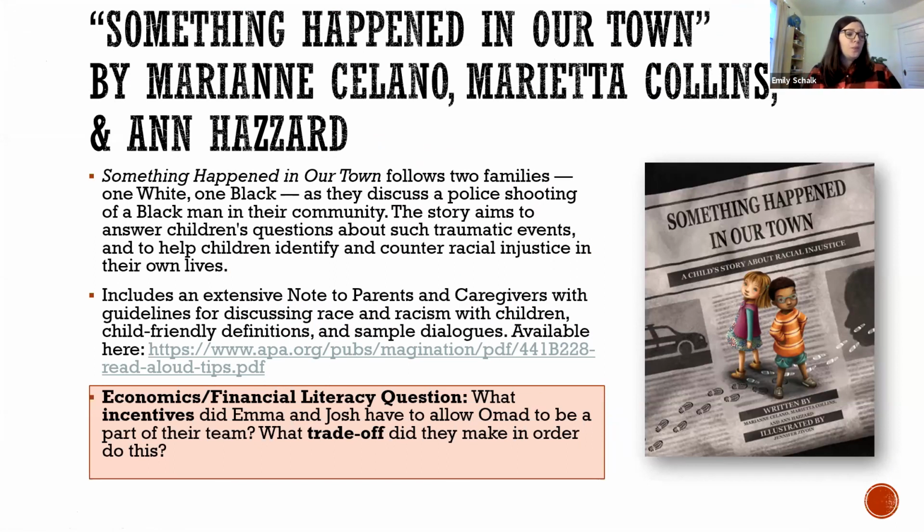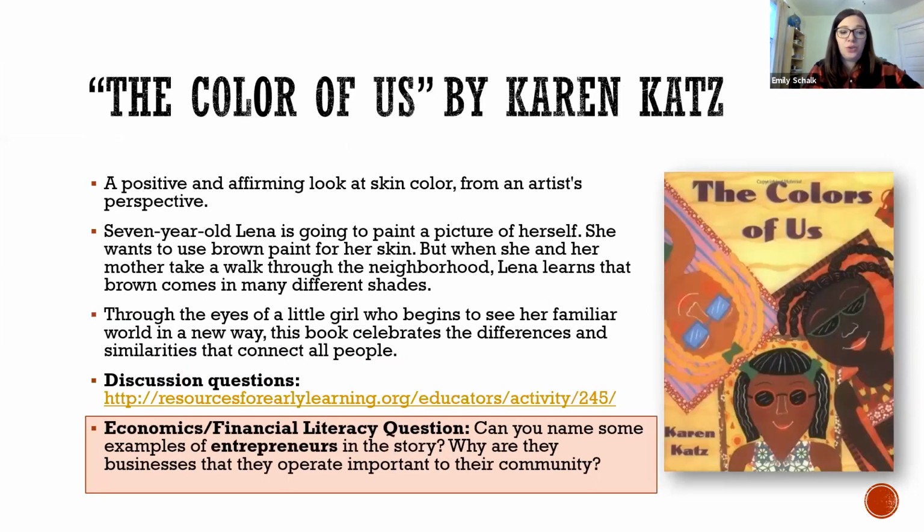So the economic and financial literacy question that you could ask with this would be, what incentives did Emma and Josh have to allow Omad to be a part of their team? And what trade-off did they make in order to do this? So incentives are they aren't going to miss out on a new friend. A trade-off would be that maybe the other kids in their class would get upset. So again, getting that economic and financial literacy theme in there as well,